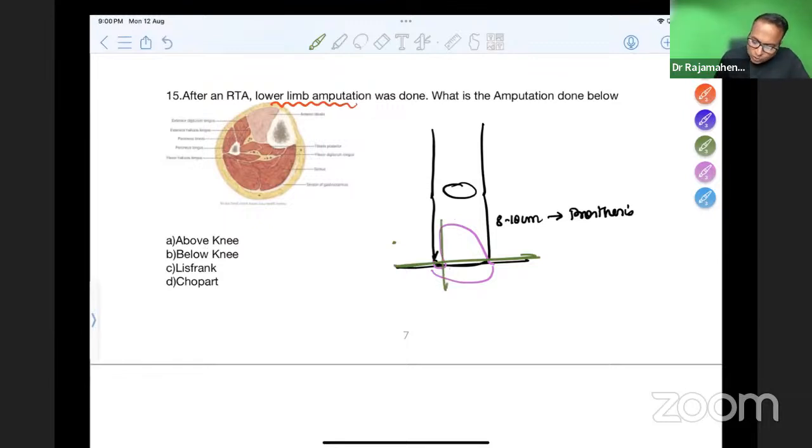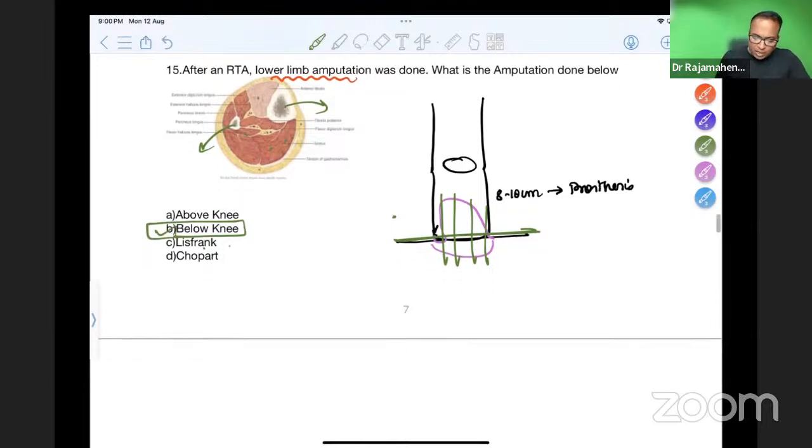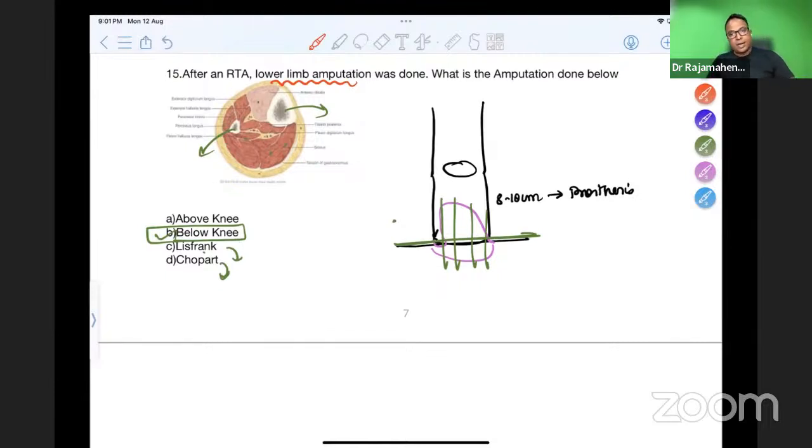So at this level, we have 2 bones. So what is this amputation? You can see tibia and fibula, and you can see the compartmental muscles, etc. So this is probably a below knee amputation. It is not Lisfranc or Chopart. Lisfranc, Chopart and all will show you multiple bones. They will go very low. So these are not classical amputation questions, but I expect you to read this from orthopedics, a lower